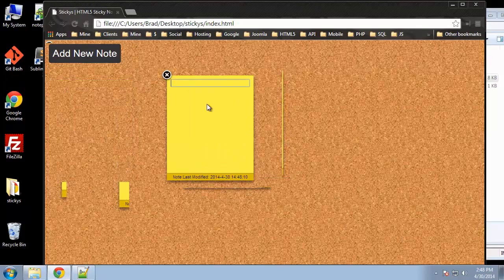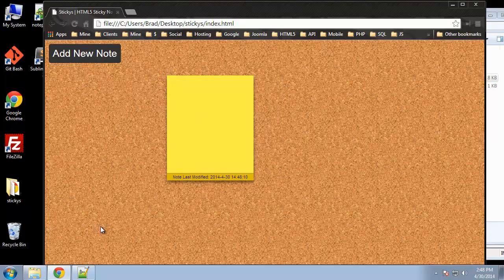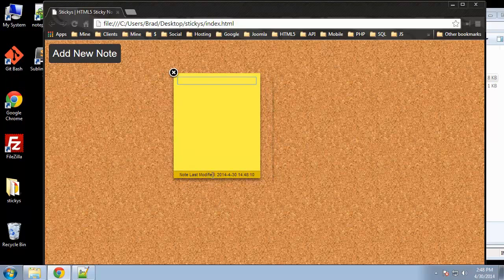Alright, so basically it gives us a note to start with, as long as we don't have anything saved, as I just did, but I just cleared it out. So now we have one notepad, or one sticky note. Alright, and down here we have a footer with the last modified date and time. So you know when you created the note. And we can give a note, I guess, a title. Let's say home stuff. Alright, and then we can say maybe pick up kids,